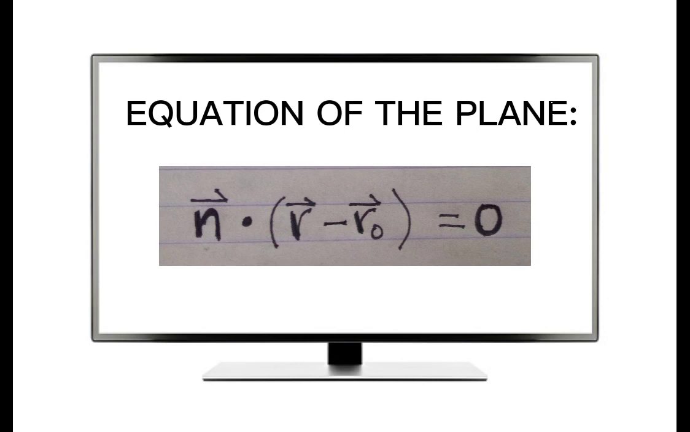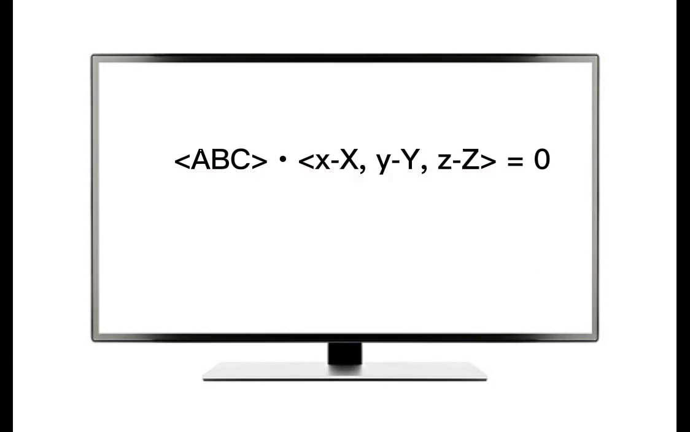Equation of a plane: n, the normal vector, dotted with r minus r naught, is equal to 0. Let's say n is the vector a, b, c. Remember that r represents any point in the plane, or a vector that goes to that point at least. So r is x, y, z, and this will be x minus x naught, y minus y naught, z minus z naught